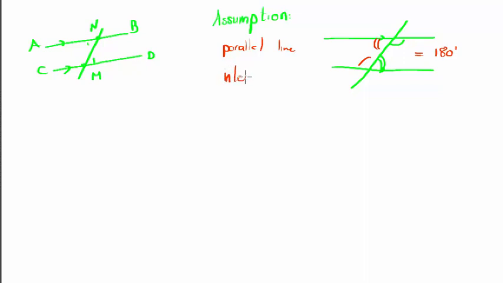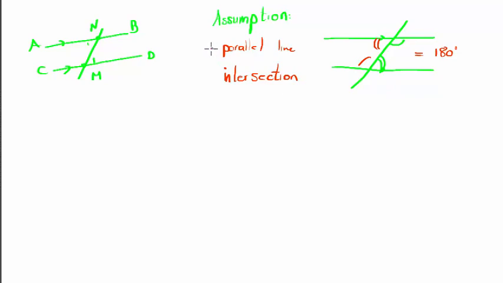We have an intersection, an intersecting line, and now we've got angles. We've already defined what angles are. Angles are formed when two lines cut each other. All of those angles should add up to 180 degrees on a straight line, altogether 360.